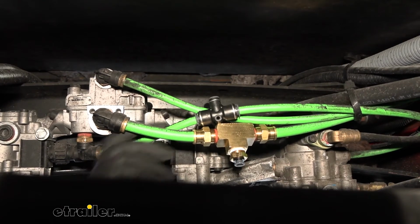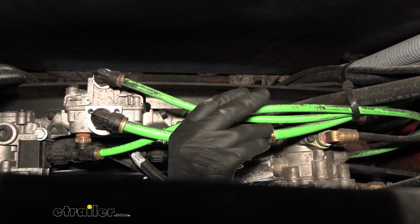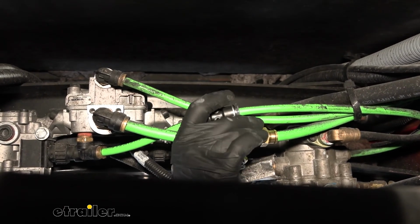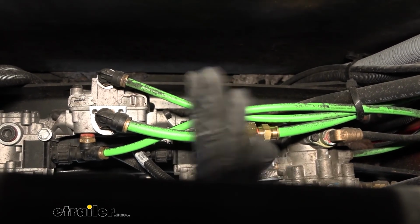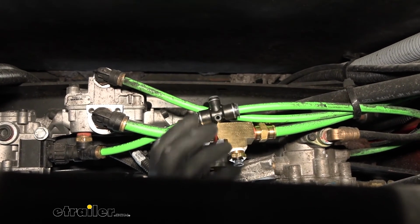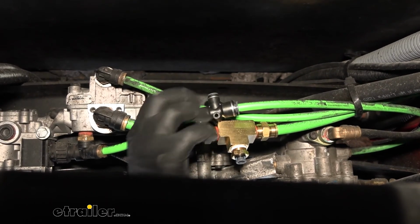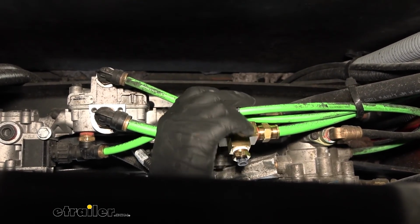So we'll just identify our metered air. Again, cut about 8 to 10 inches away. Basically, it doesn't really matter how far away from the valve you cut. You just want to make sure it's a straight section of the line and it's not curved. But we'll just do the same thing as we did with the supply one. Cut it in half, clean your ends, make sure the cuts are nice and straight. Attach one end to one side of the T-fitting and attach the other end to the other side of the